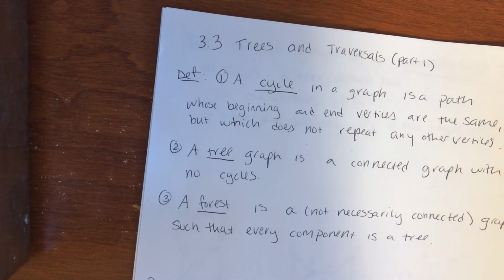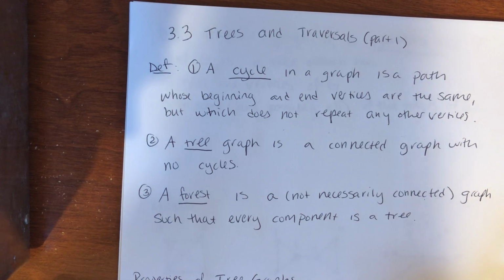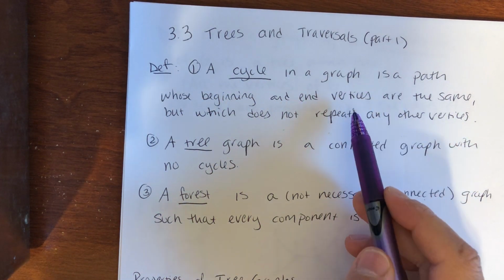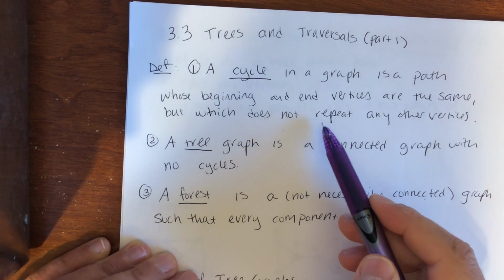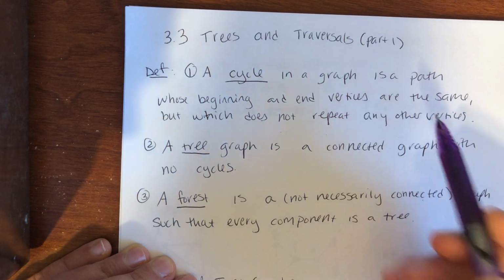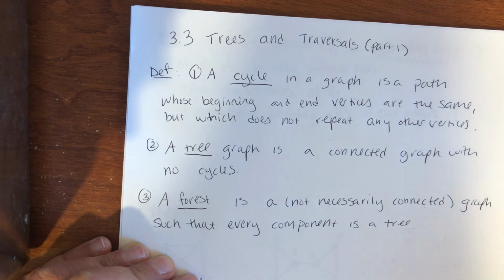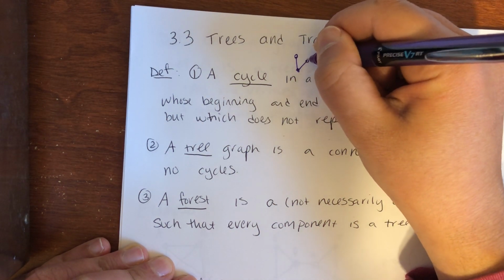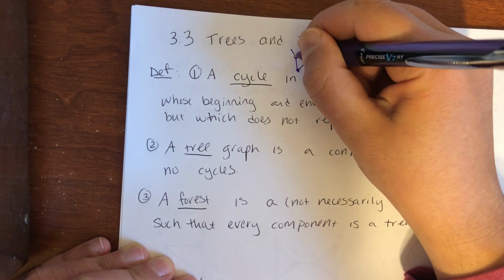Now, in order to define a tree, we really need to first define a cycle. So a cycle in a graph is a path whose beginning and end vertices are the same, but which does not repeat any other vertices. It doesn't necessarily have to be an Euler type cycle or a Hamilton type cycle. So you could have something like, if this was your graph,